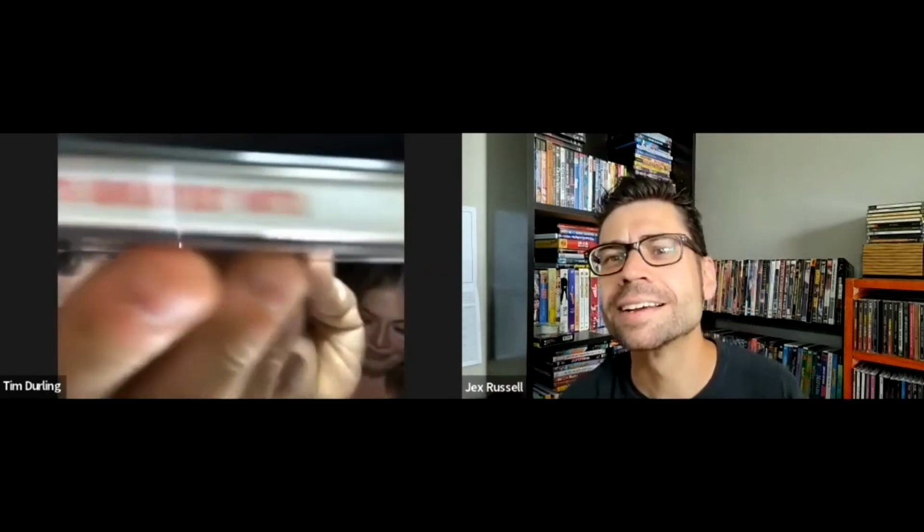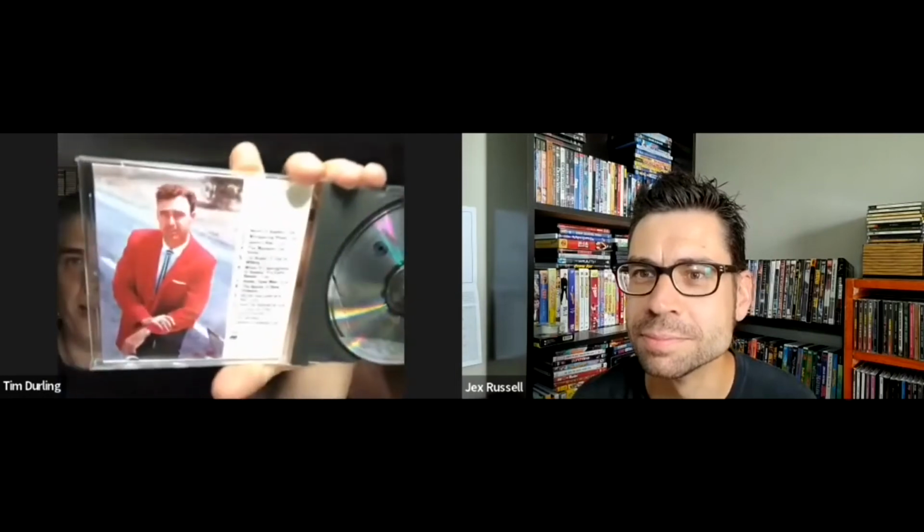So this is an absolute first for TVC. This is a CD I borrowed from my father. Now, the serial number on this puts it at 1987, but it's from like 1962 or something, because this guy's been dead longer than I've been alive. But this is an album that I grew up listening to. It's Johnny Horton's greatest hits. There was some really, really classic country here. And the CD came out in 1987, but my father had the cassette way before that. And that's what the back cover of it looks like. And actually, it's got the right...